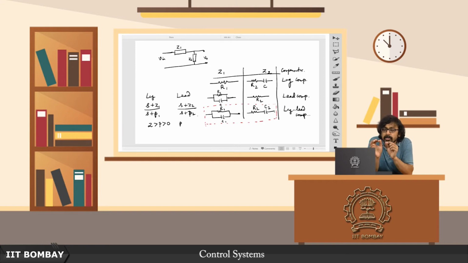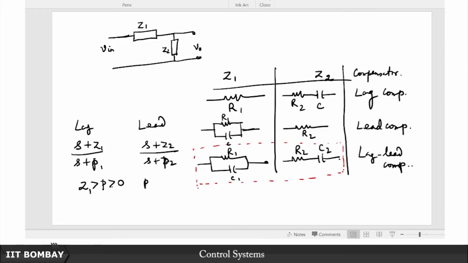So I just arbitrarily chose the location of the zero of the lead compensator to be to the right of the location of the putative PD controller, and then accordingly the location of the pole got fixed automatically. The ratio of this pole and zero of course depends on this arbitrary choice that I made. Now secondly, when designing the lag compensator, if you recall,